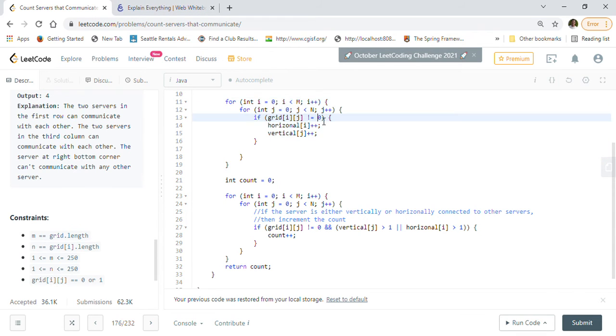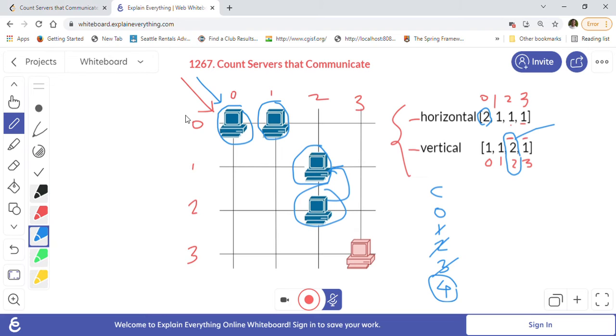And whenever we see a non-zero value, which means that there is a server available, we will do horizontal[i]++ and vertical[j]++, right? So that's how we can populate how many servers are available horizontally in each row and each column, right? For example, for row 0 we will say horizontal[0]++, for this one, horizontal[0]++, here also horizontal[0]++, right?